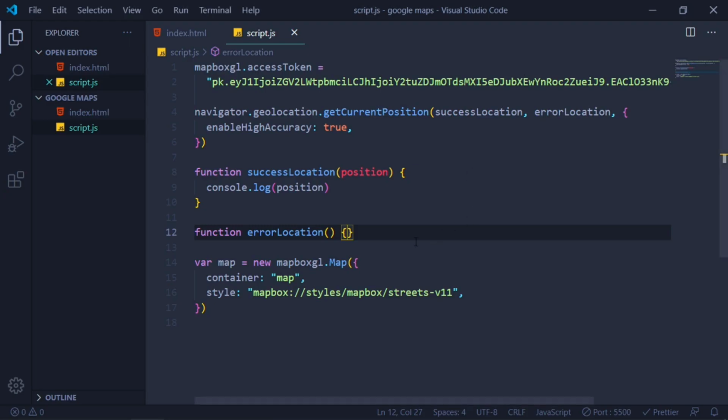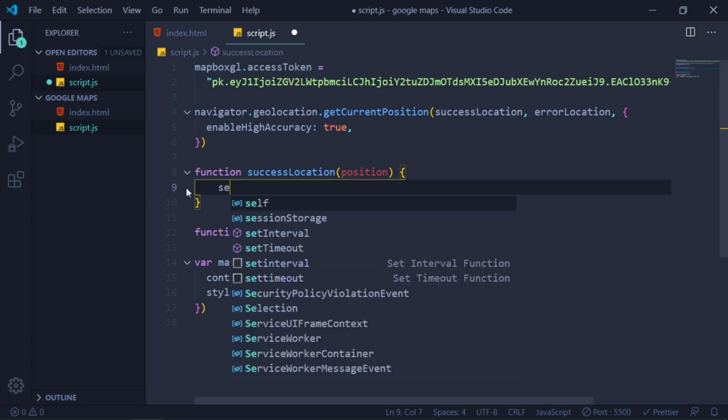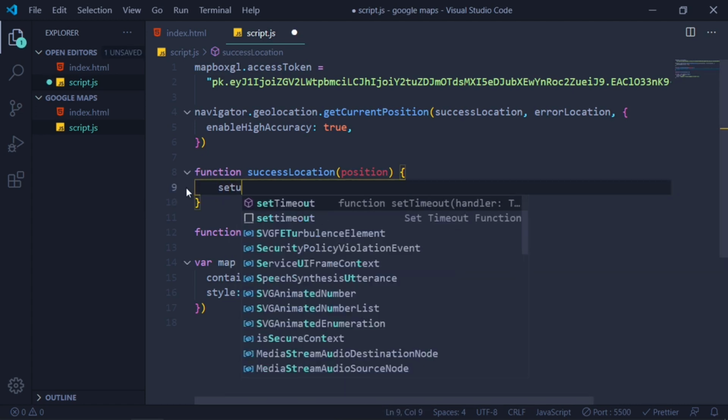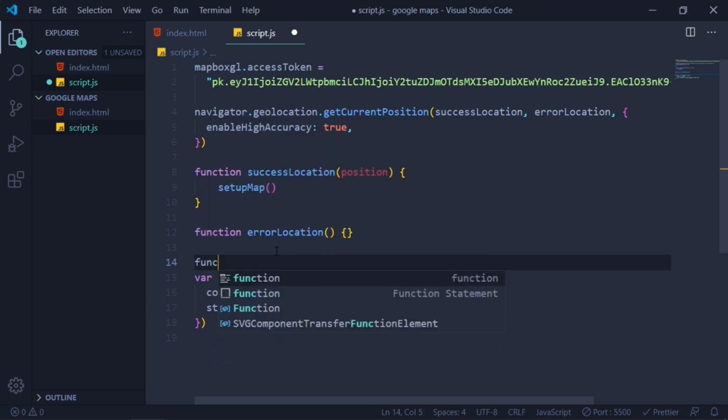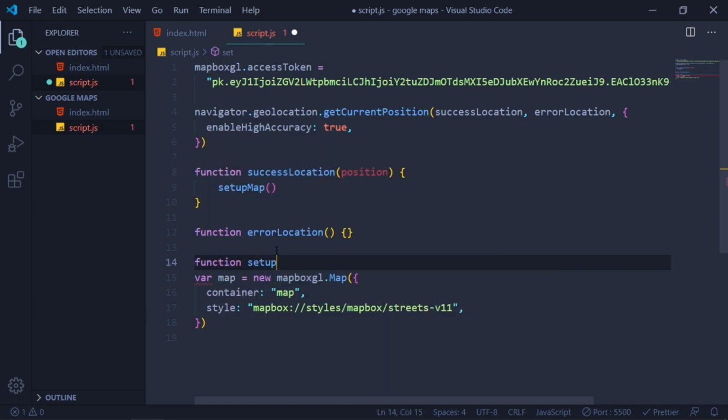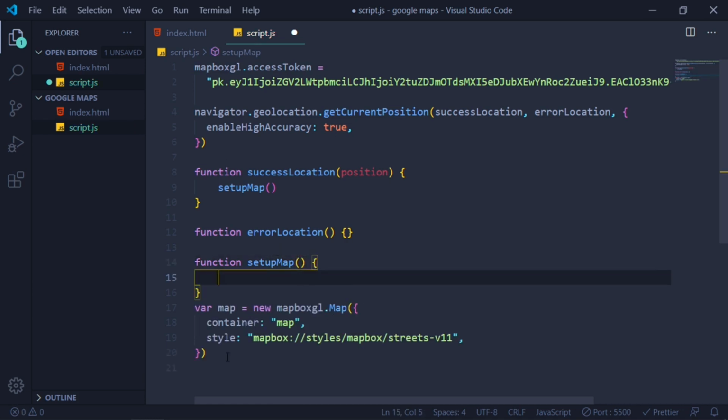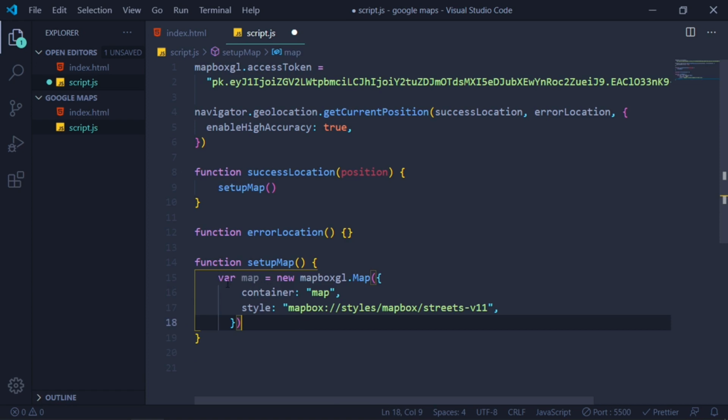So let's go to our VS Code, let's cut this, and let's add setupMap, and let's create this function down below, function setupMap, and then let's cut this code and then paste it here.